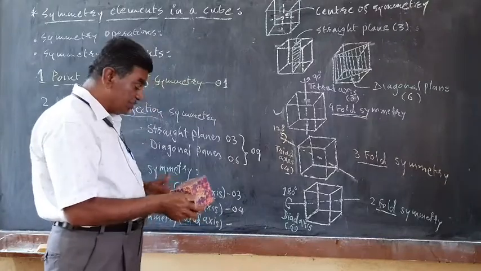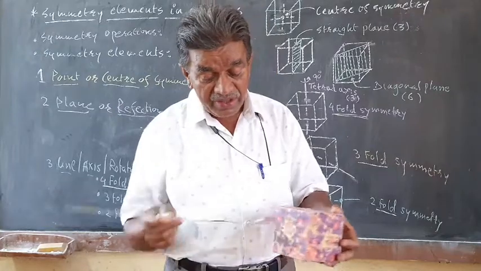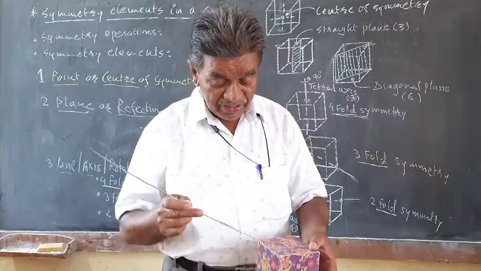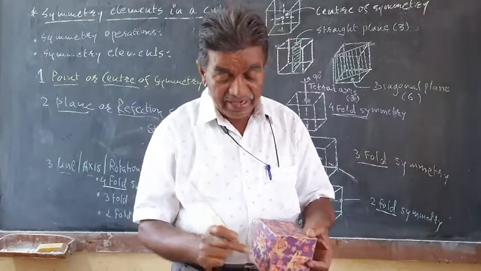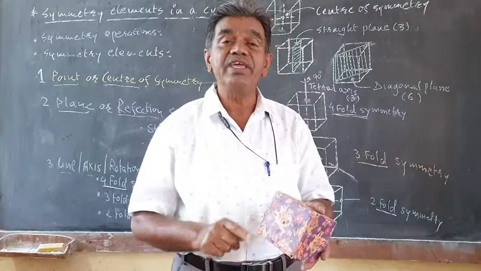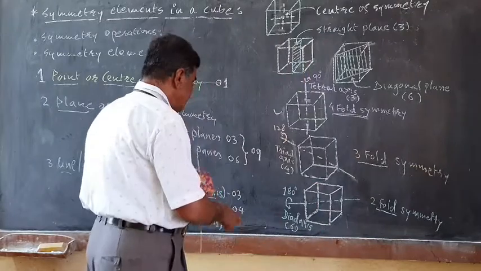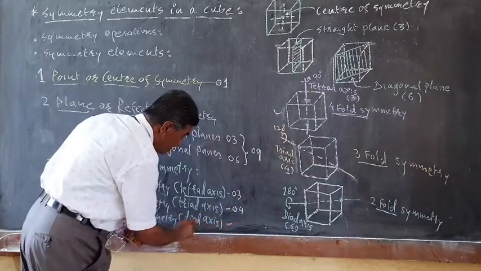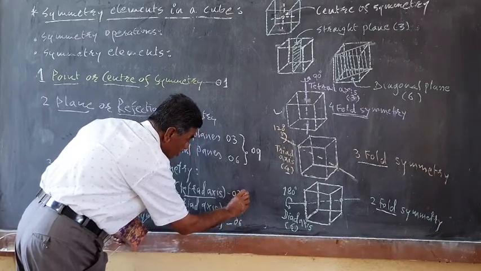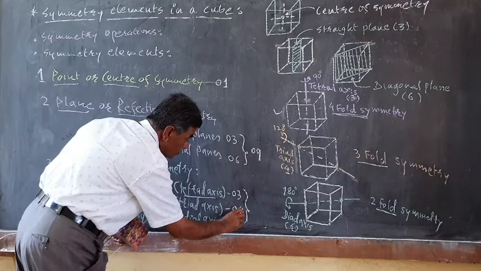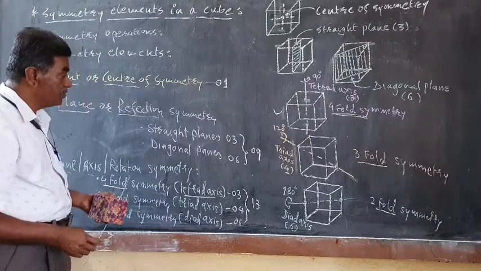And as far as the cube is concerned, we are getting such 6 axes. So this is 1, this is 2. Here we are getting this edge and the opposite edge, 3. Here is 4, here is 5, and here is 6. Because there are 12 edges, we are getting 6 twofold symmetry axes, or diad axes. There are 6 diad axes. So in all we can observe here 6 plus 4 plus 3, 13 lines or axes of symmetry observed in case of the cube.